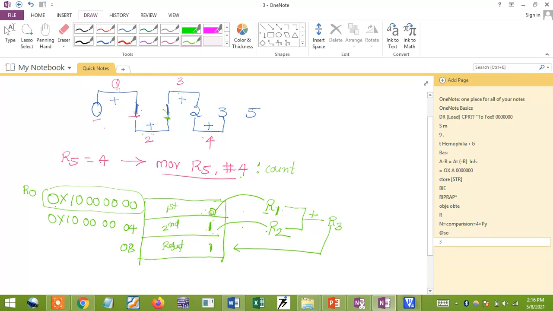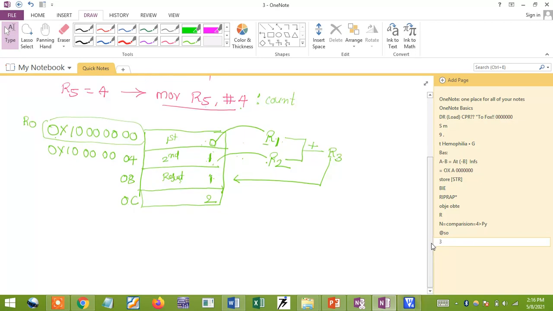You can see the first time I'll get 1. Next, 1 plus 1 means I get the result 2. Again I need to store it in the next memory location, which is given here as 0C. Okay. Next you can see, again I need to add 1 plus 2. The next memory location I need to store the result, so I'll get the value 3. Next, 2 plus 3 means I need to get 5.